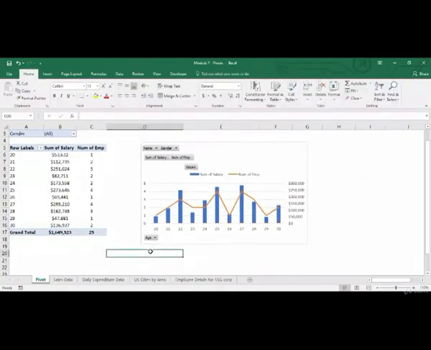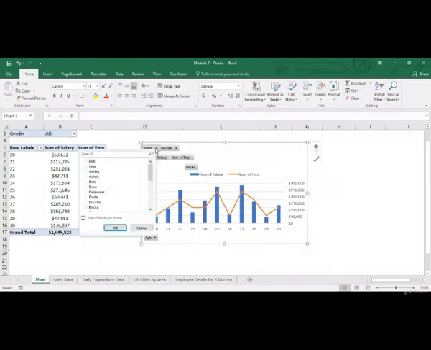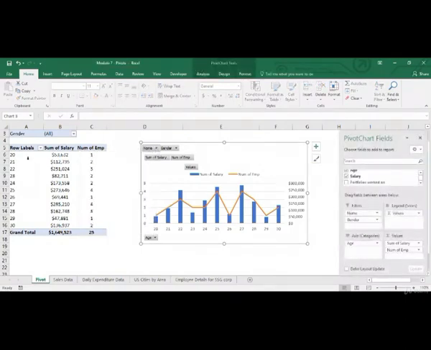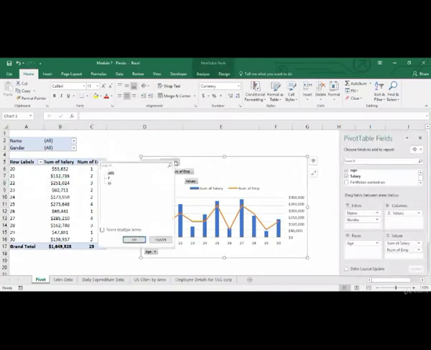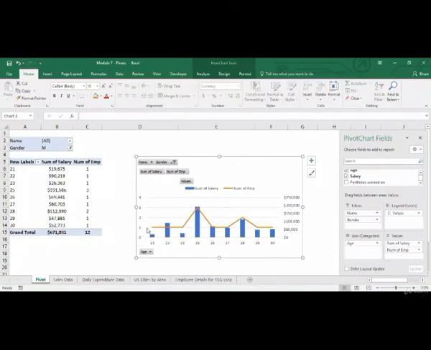Now, what is different in this particular chart as compared to a normal chart is that you've got filters over here. And this is similar to the filters we have in the pivot. So you can apply filters over here and you can immediately see the change in trend.